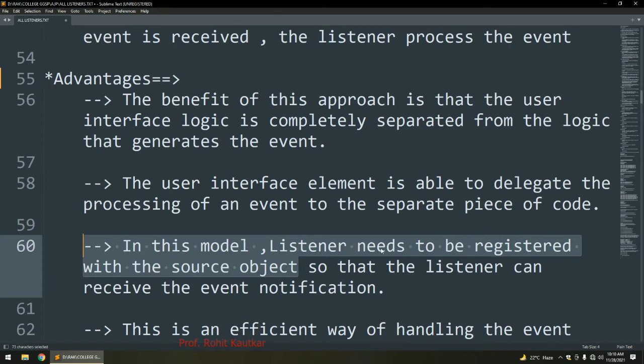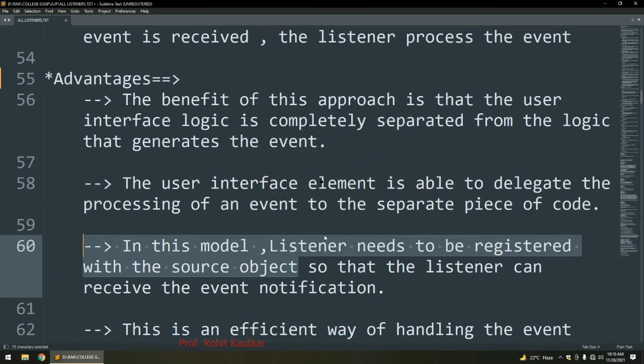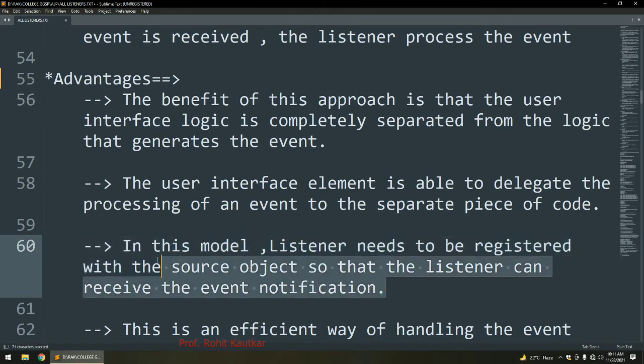If the listener is not registered with the source, then obviously whenever the source generates an event, the listener will not get any kind of notification. It will not get any information that the event has occurred. So you must register your source with the listener, and only then will the listener get notification.